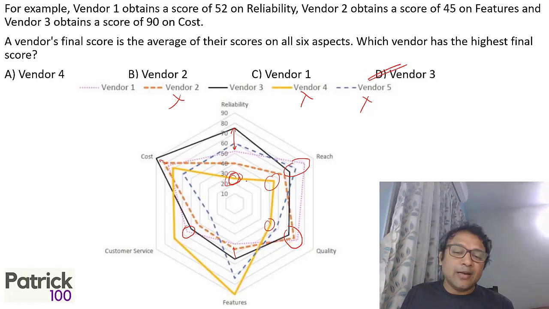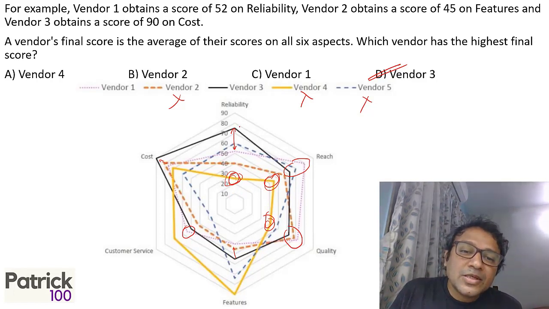If you want, you can calculate. As I said, I can eliminate 3 options directly. The brown line is inside the black line, so ruled out. Even the blue line is inside the black line everywhere except 2 points, so ruled out. Yellow has 3 values that are minimum and very close to 0, so you can rule that out. So the only possible options are black and red.